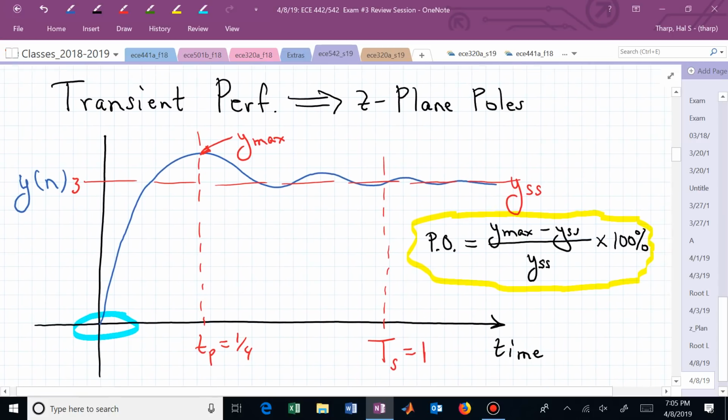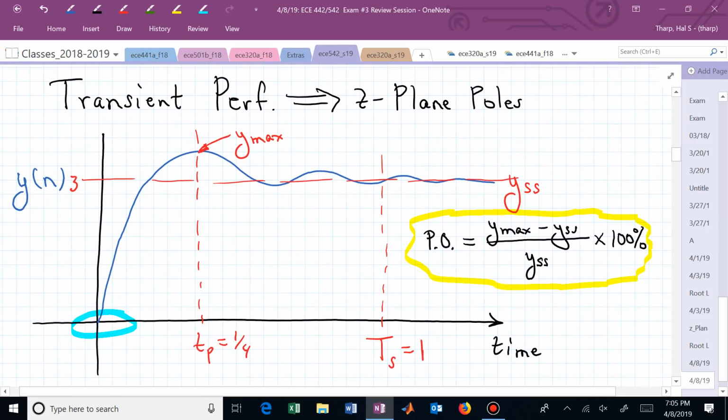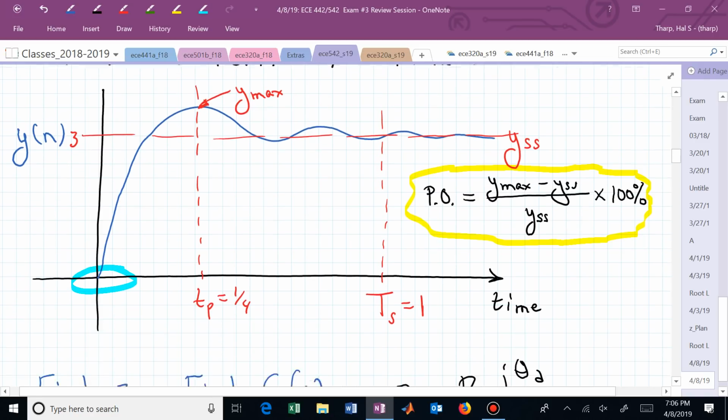You can now figure out, based on that maximum value and the steady state value, what the percent overshoot is, and in that formula the final value, or the y steady state, is in the denominator, so you're comparing the peak to that steady state value. You can now figure out what PO is. Once you have